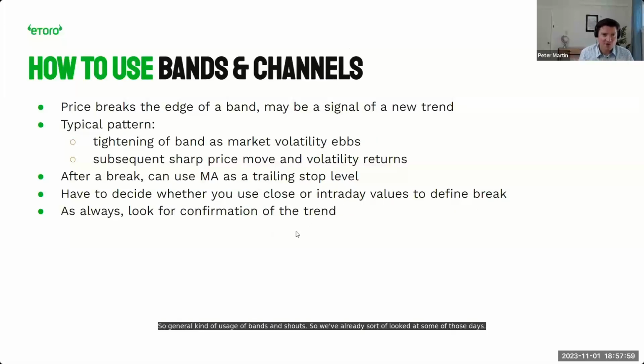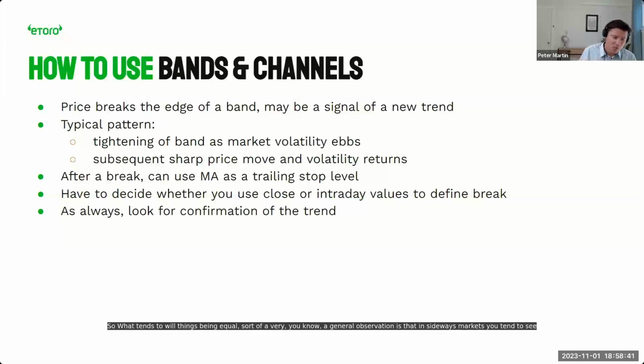So, general usage of bands and channels. We've already looked at some of those things. Price breaks the edge of the band. It may be indicating to you that this is a signal of a new trend forming. A typical pattern that you tend to see with the indicators that measure volatility is that the band tightens as market volatility ebbs. And as volatility returns, usually you get sharper price moves, the bands widen, but usually that's where you get your